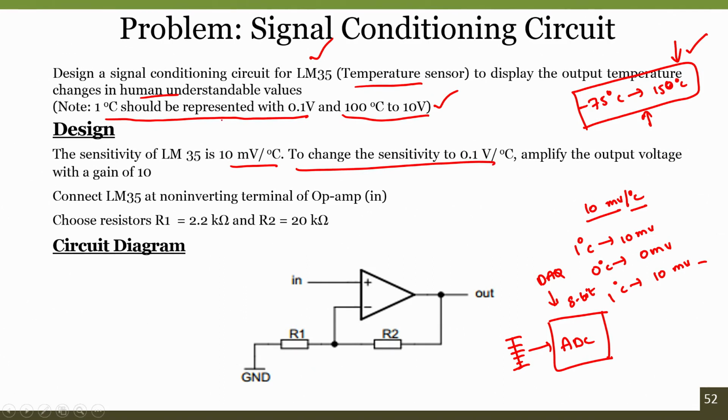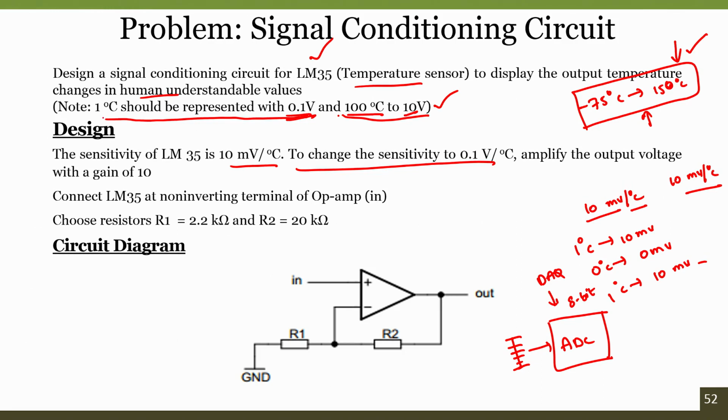Now, when you look into the scaling factor, the scaling factor given by the sensor is 10 millivolt per degree centigrade. But what the problem says is we require to represent, in case we are not using a data acquisition device and want to display using a measuring unit, a voltmeter, where the voltage corresponds to the temperature. So, when you measure 10 volt, it is an indicator that this is 100 degrees centigrade. If 0.1 volt is being measured, that is an indication of 1 degree centigrade.